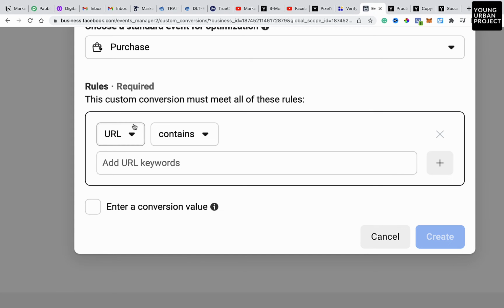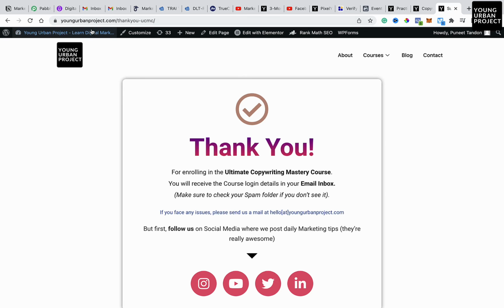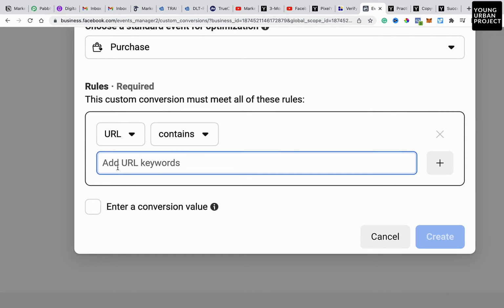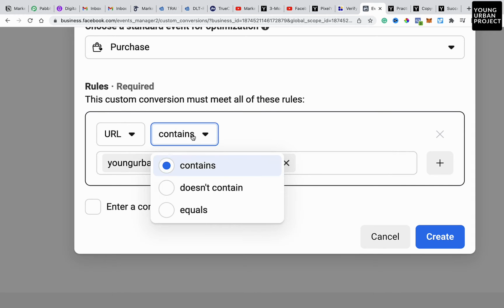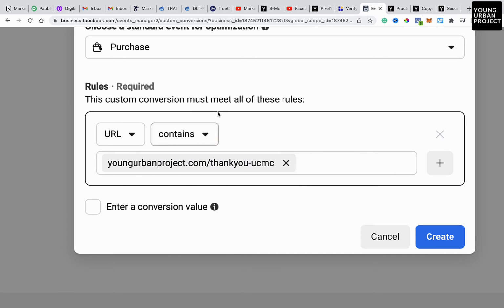So we'll set a rule here. And how does this rule work? It works when you add the URL of the thank you page, because anybody who visits this page will mean a conversion. So we'll choose this string without the slash at the back, HTTPS, or www, none of those, just this part, which is youngurbanproject.com/thankyou UCMC. So you could choose whether your URL should contain or doesn't contain or equals. I'm going to say that when a user comes to a URL which contains this string, youngurbanproject.com/thankyou UCMC,